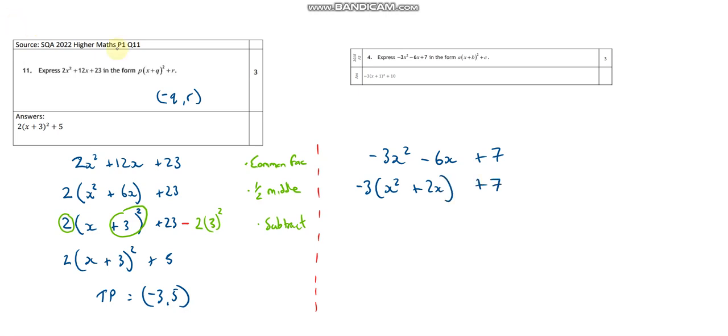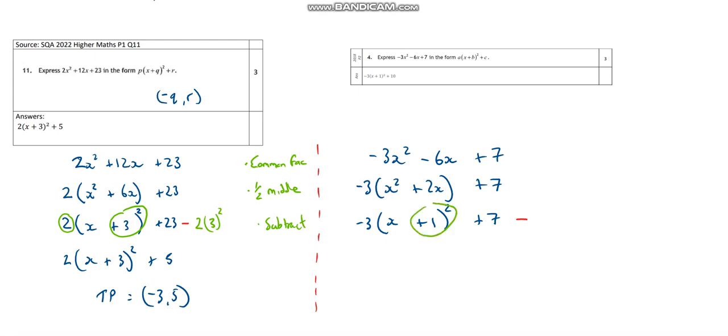I'll just check that's okay. So times these together would give me that. Yep. Times these together give me that. All good. Then I'll half that middle term. So it's x plus 1. Half of 2 is 1. And I write it with the x and the squared. 7 stays exactly where it is, but now I need to take away